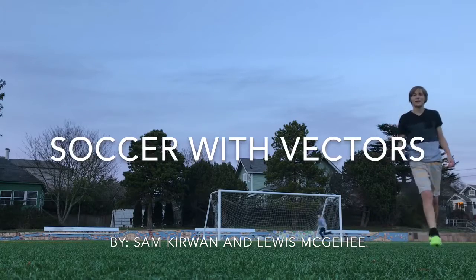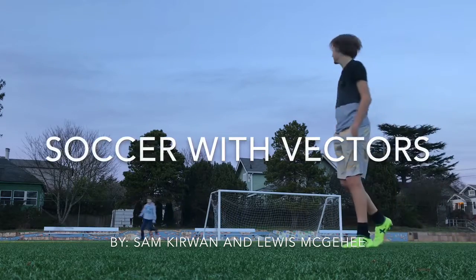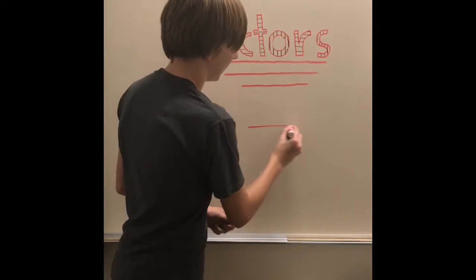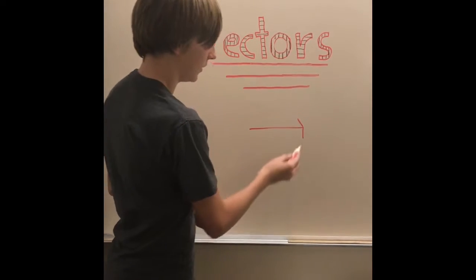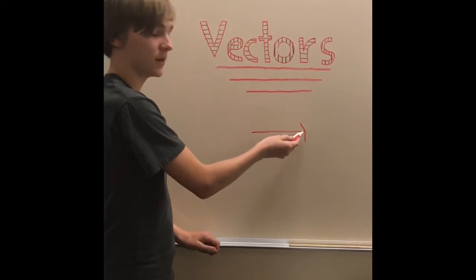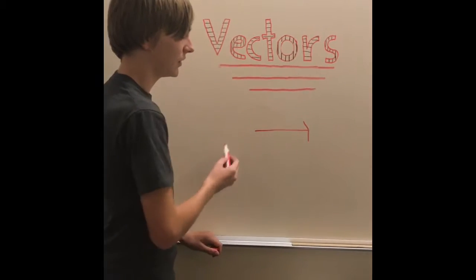I'm Lewis, and that's Sam, and our project is on vectors and how to use them. Vectors are anything that contain a direction and a magnitude. This arrow, for example. Direction is in the head of the arrow, and the magnitude is the length of the